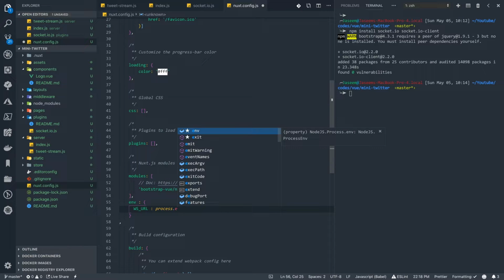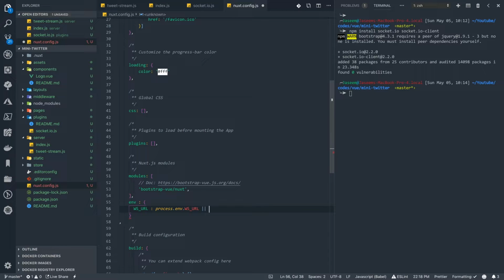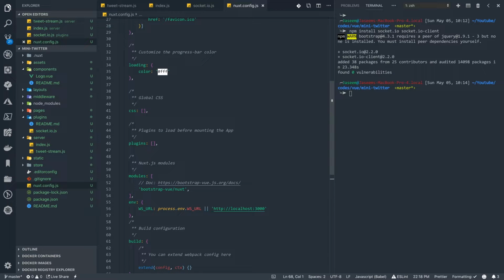You can get it from an environment variable or directly apply it here, or http default localhost 3000. It's running on 3000, right? So that part is